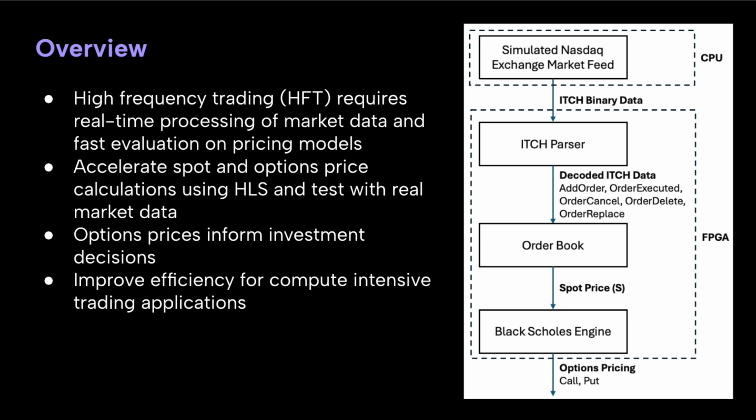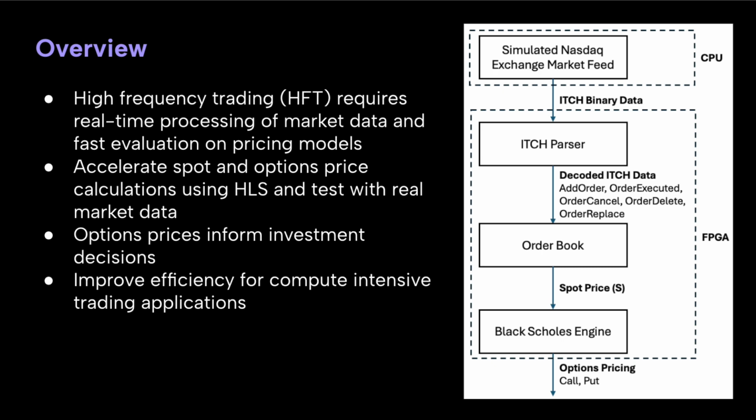On the right, you can see our overall system data flow. We have three main modules for the project: the ITCH parser, which takes in the NASDAQ exchange market feed and parses it into the different fields, the order book that maintains all the orders and calculates the spot price, and the Black-Scholes engine, which uses the spot price to then compute the options pricing. Options pricing is important in the field of trading as it can be used to make more informed decisions for investors. Overall, our goal is to improve efficiency for this computation-intensive trading application by offloading the entire pipeline onto hardware